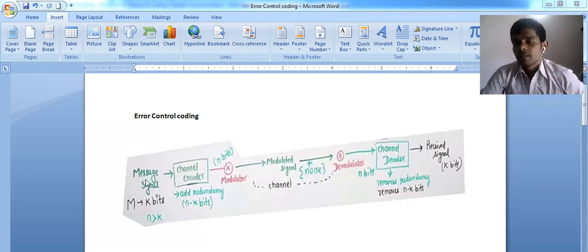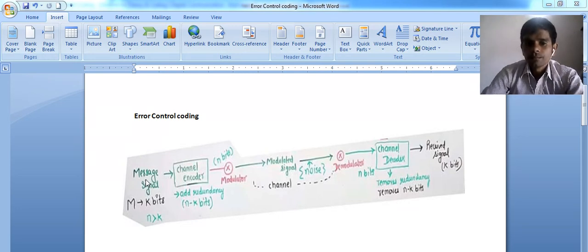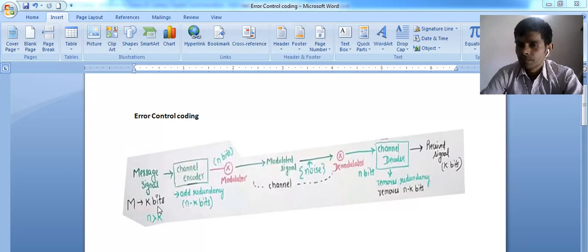When we send a message in signal form, the message is in k bits. The message is transferred using a channel encoder. In the channel encoder, we add a few bits that are basically redundancy bits.